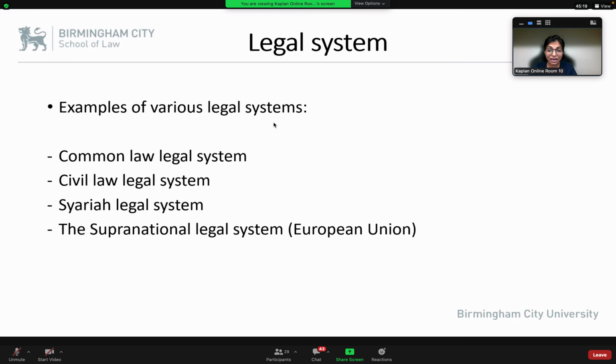So when we speak about this sovereign system and loyally accepting EU laws and so on, bear in mind that there are many different types of legal systems. So when we have many different types of legal systems, you need to bear in mind that these legal systems will vary according to the